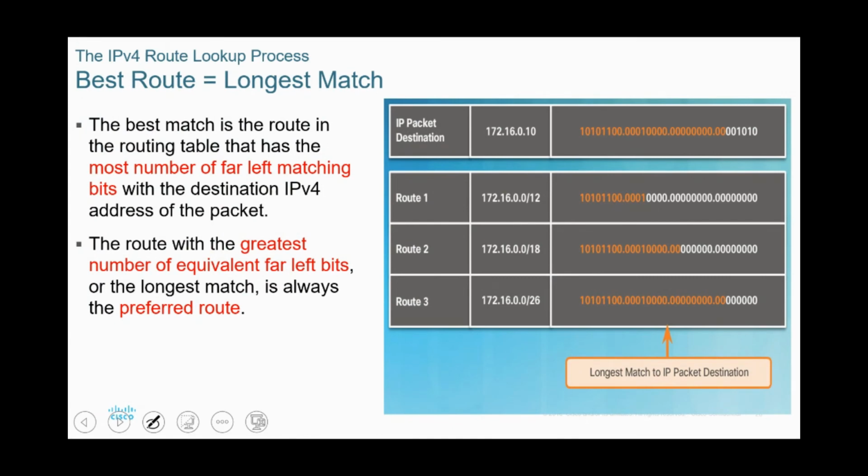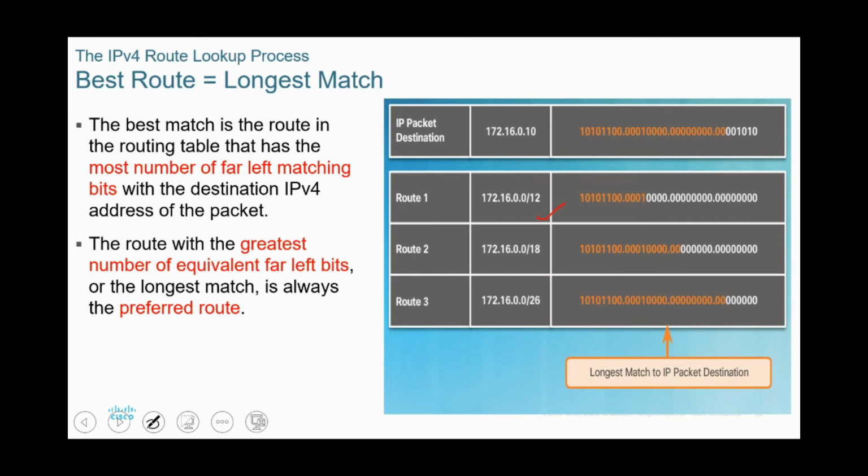Okay, now we go for the longest match. The best match is the route in the routing table that has the most number of far left matching bits with the destination IPv4 address of the packets. So the route with the greatest number of equivalent far left bits, or the longest match, is always the preferred route. Examples like route 1, you have